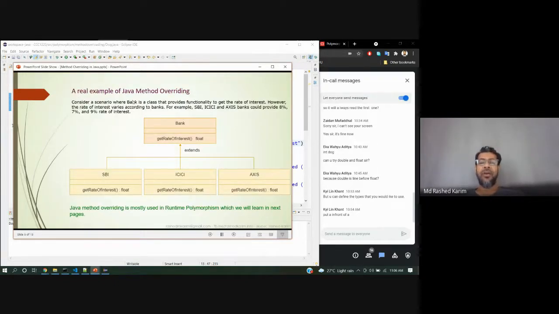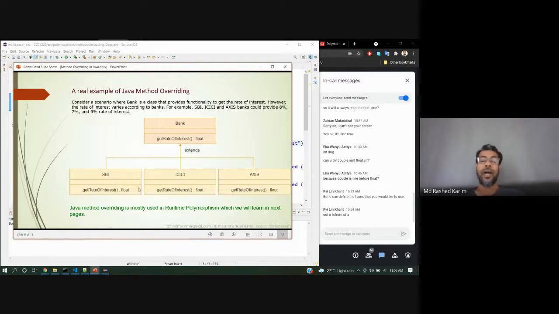Okay, there's an example of the banking system. A bank has some properties, like an interest rate. All banks give an interest rate, but different banks have different interest rates. SBI has a different interest rate, ICICI is also different, and so is AXIS.